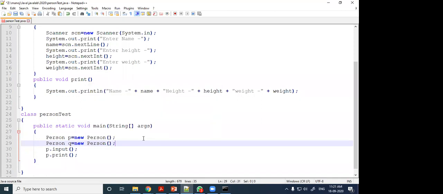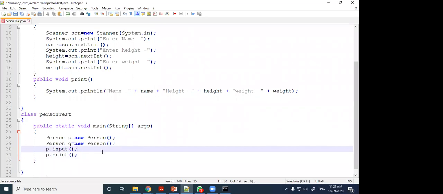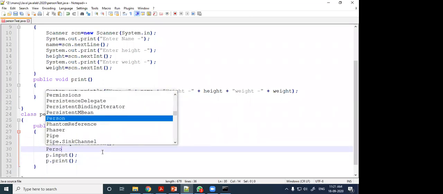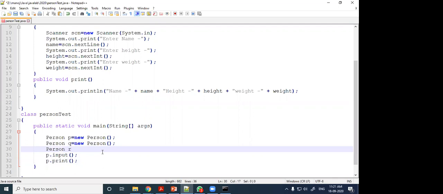Now p and q, two references created, but person r I have created but not reserved the space.